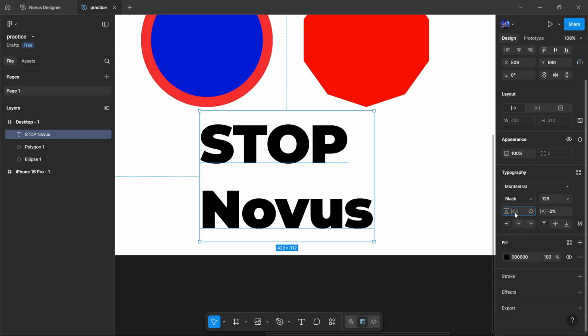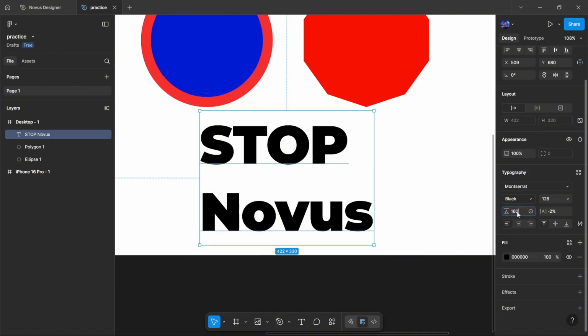And let's say you don't like the space between stop and novels together, it's too much, or maybe it's too small. All right, so you can edit it to your liking. Yes, you can. So we have 156, and you can increase it to, let's say, 160. You can increase it again,